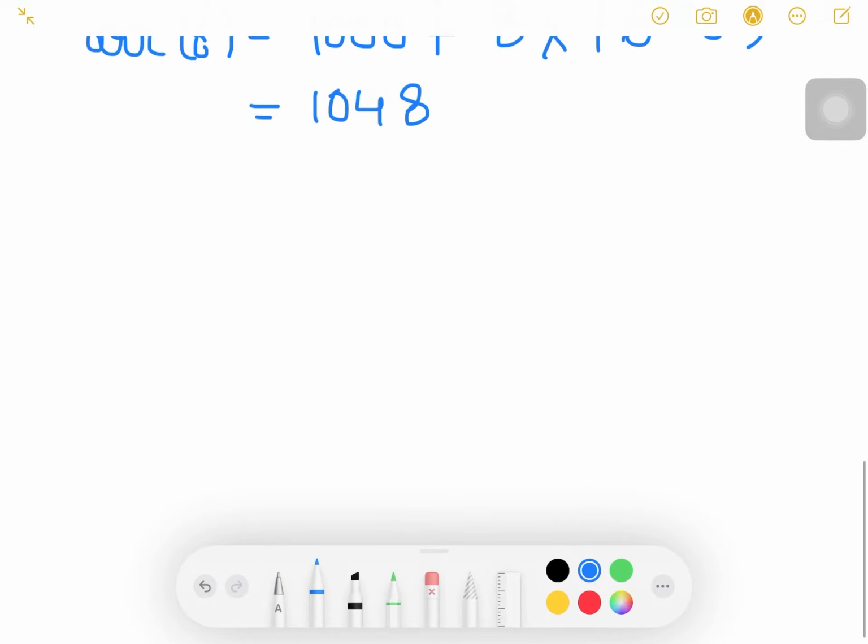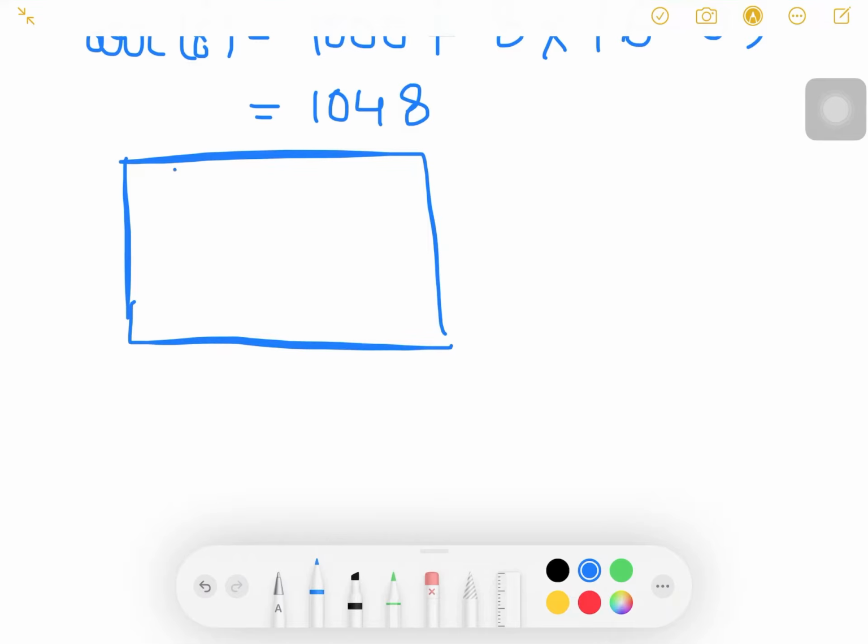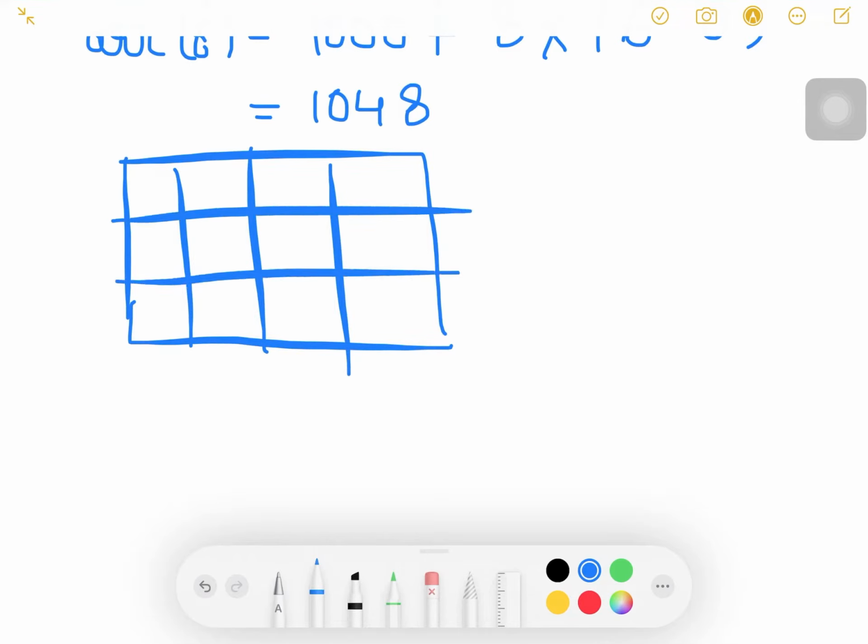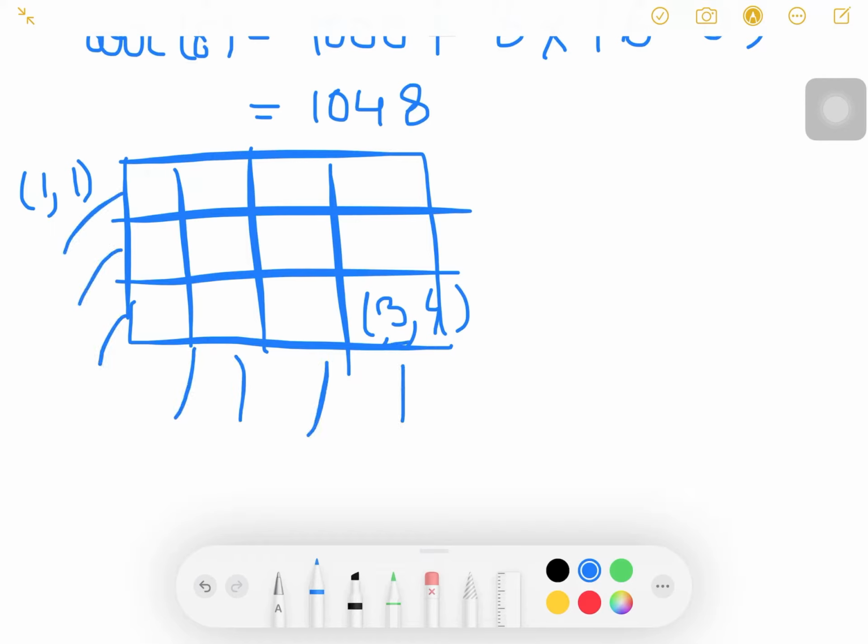There is this concept of multidimensional arrays in some languages. Say the index of the first element in the first row and first column is 1 comma 1, and this is 3 comma 4. Since there are 3 rows, 1 2 3 and 4 columns, 1 2 3 4.